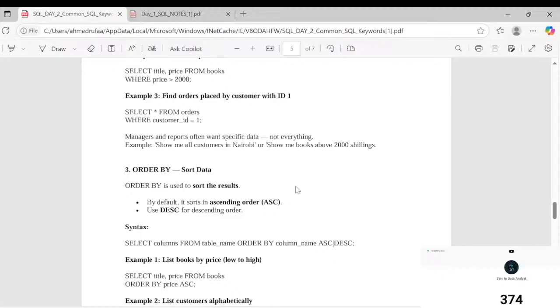I think we have to insert some information in our table so that I can show you how order by works. All right, now let's go back to our DBeaver. Once you go back to DBeaver,